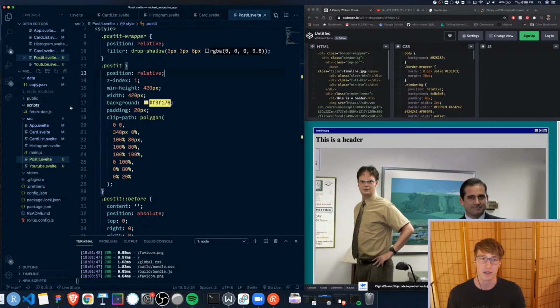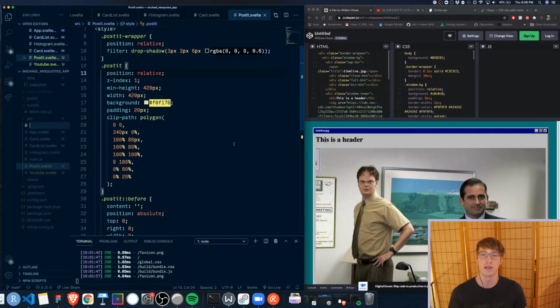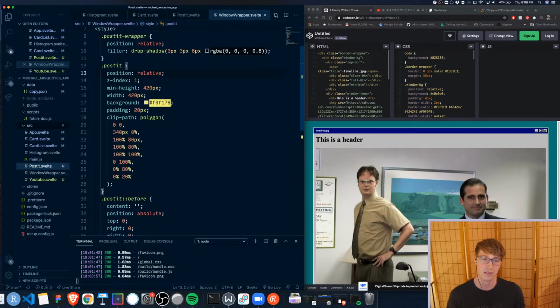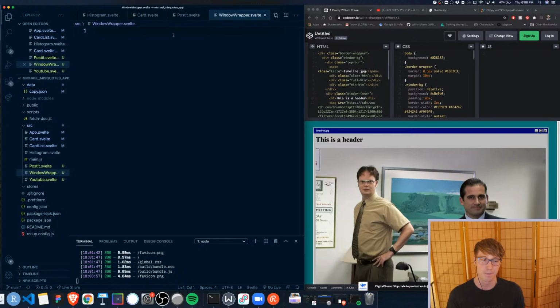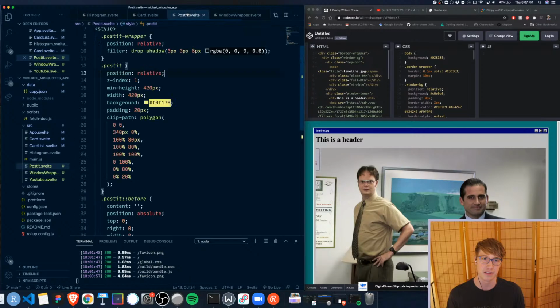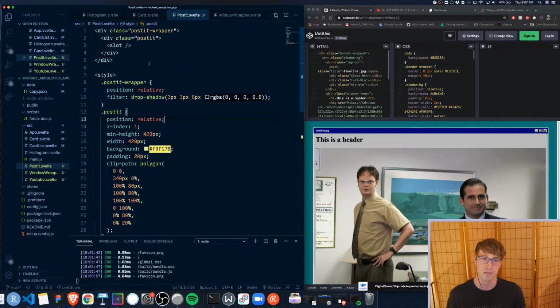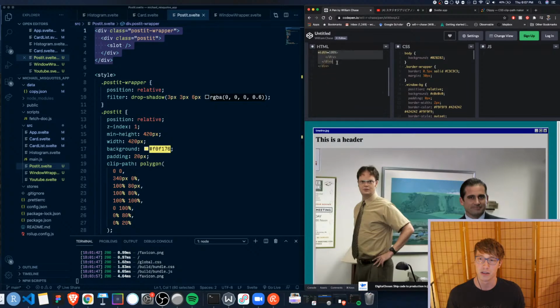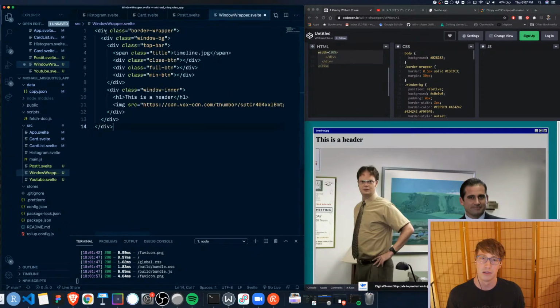I am just going to go ahead and plow forward and start making a new component that I'm going to call... is it bad to call something window.svelte? I don't know. What do I want to call it? Like window wrapper.svelte? I don't know. So this is going to be basically the same as our post-it component. It's going to be just a bunch of HTML and CSS. So what I'm going to do maybe is just copy the HTML from here, put it into here,